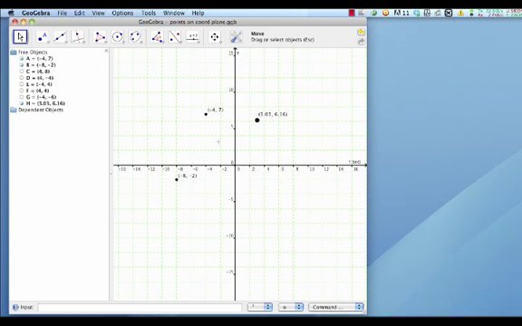I can show you that later when we do a quadrant 1 type of thing. That's where you have more real world graphing, and you want to put real world labels on the XY axis. But you have to do that in the beta version of GeoGebra to get just the quadrant 1. So for now we have all 4 quadrants. And let's see, what else did I want to show you in the